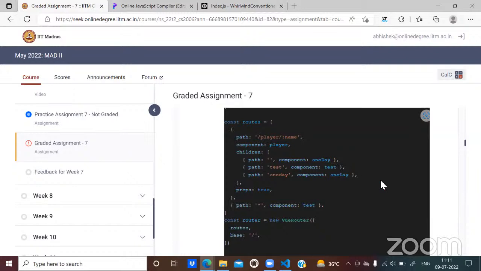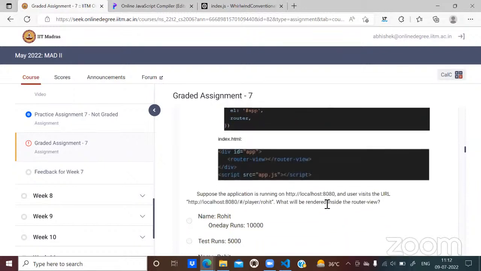So the first one is the default behavior to show one day? It's not a default behavior. It means that if there is nothing given after name, then this would be invoked. So for player Rohit and nothing after that, currently it will display the one day data.